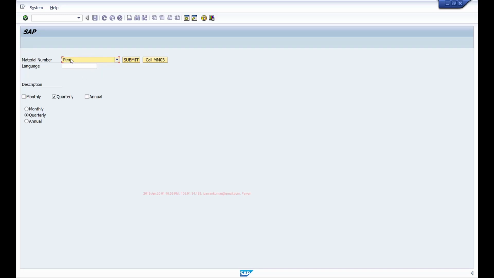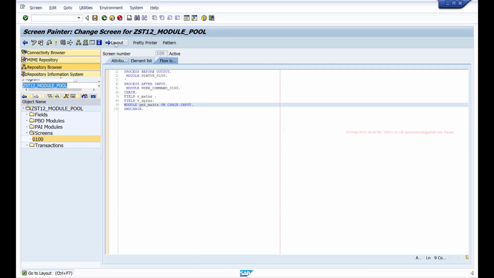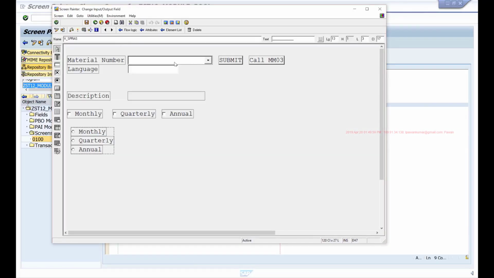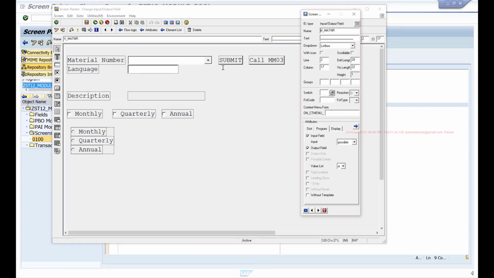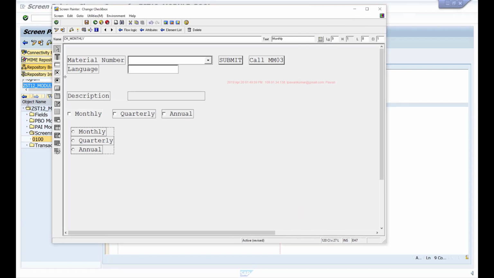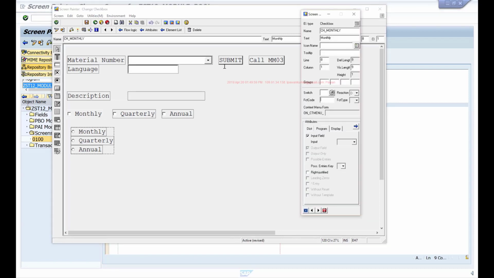So if you want to automatically trigger PAI for these buttons, all you have to do is maintain some function code for that. So for this material number list box, if I maintain some function code, let's say some function code. Similarly for these checkboxes, I'll maintain some function code.